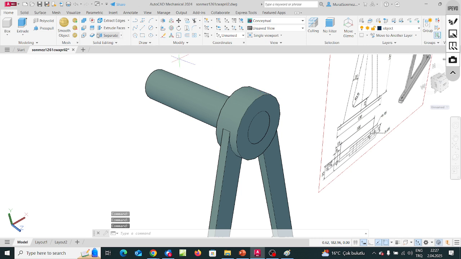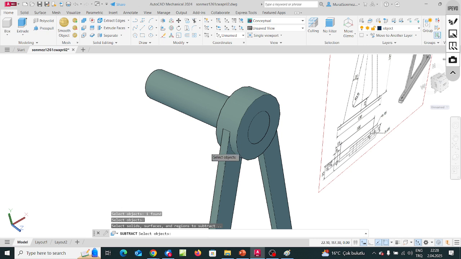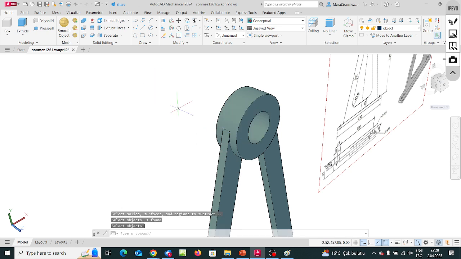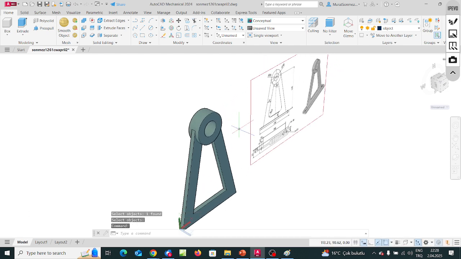And then subtract this cylinder from the main part. Indicate the main part, press enter. Indicate the cylinder, press enter. Yes, you see, managed to create the hole. Okay, save the file. And well, okay, then